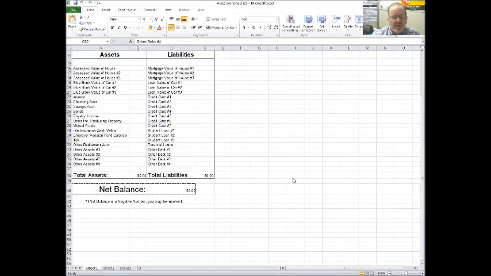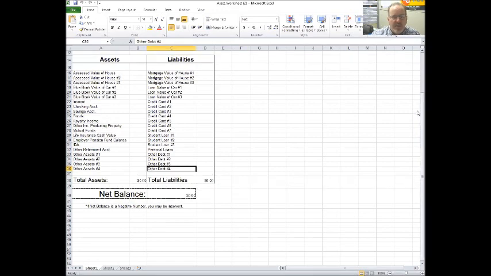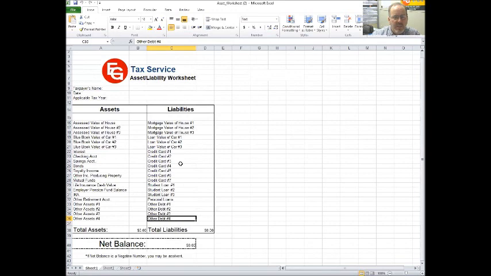Okay, so on our website, there's this little sheet, and this is what I was talking about. It's an asset and liability worksheet. Here's what they own. Here's what they owe. If I get down at the bottom and that is a negative number, that they owe more than they own, that person is insolvent. Okay, so going back to the software here,